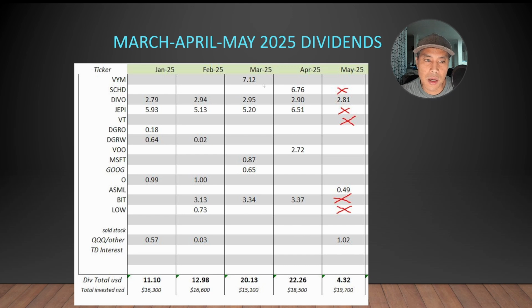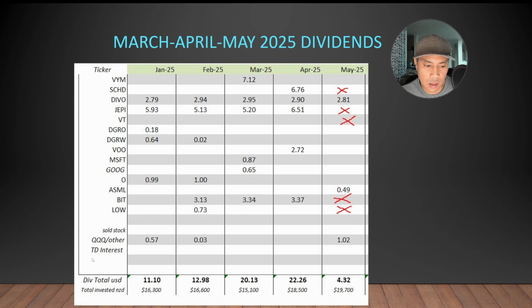So let's have a look at March. We can see that I got VYM, that's $7.12. I got Devo, which is $2.95. I got Jeppy, which is $5.20, and these are US dollars, and I am in New Zealand here. I've got Microsoft, which is 0.87, pretty low, not that great. Google at 0.65 cents. And then BIT, which is 3.34. And in that month I got